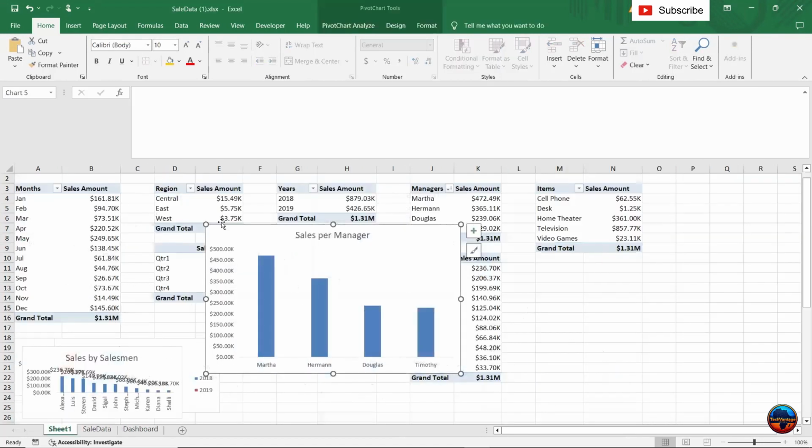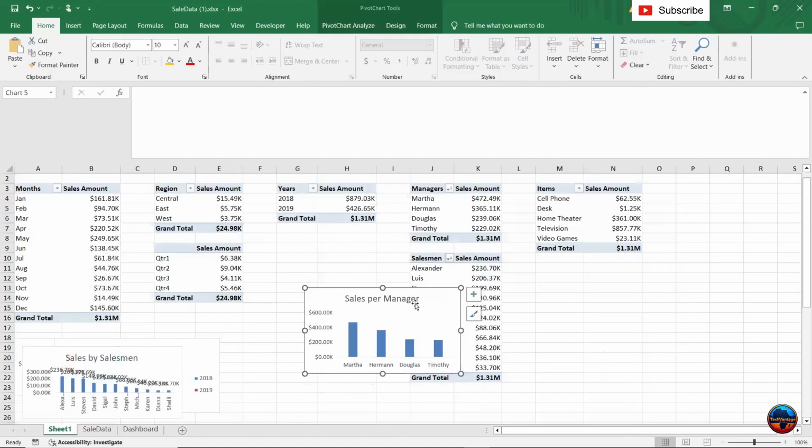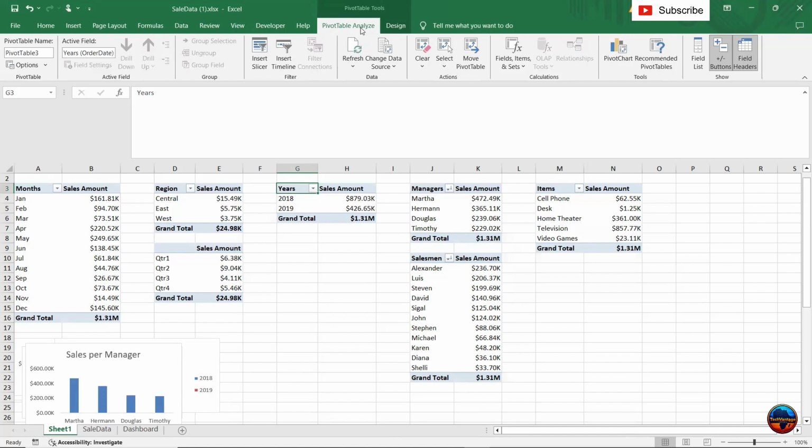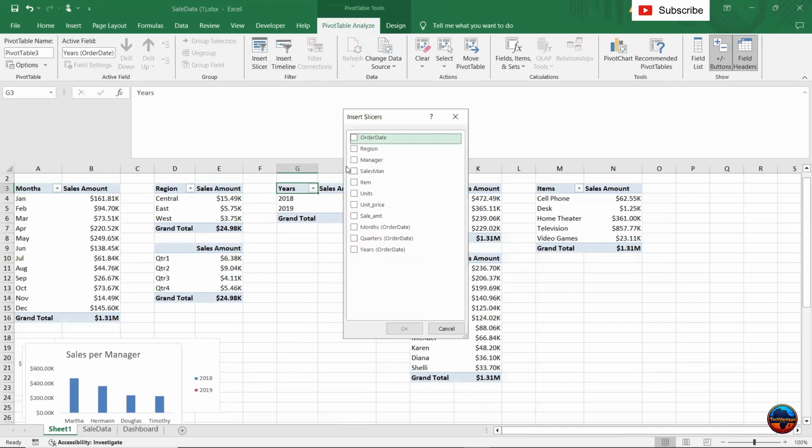We're done with this, so I'm going to take this to the side. Now I'm going to introduce slicers. So let's go to pivot table, analyze, and then insert slicer. Let's do a slicer for order date, but in this case, just month. Then I want a slicer for